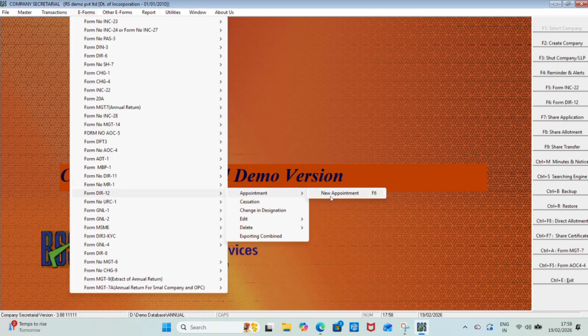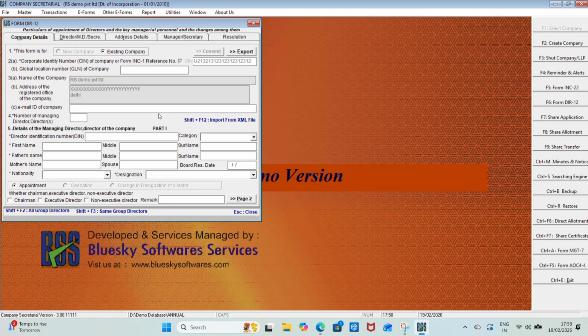create the director. We have to make the entry of the director in this company. The way of creating the director: DIR 12. Look at the Forms, and DIR 12 appointment, new appointment. Put the number of managing directors as 2. It's asking the number of directors whose appointment date is the same. Suppose 2 directors whose appointment date is the same, then